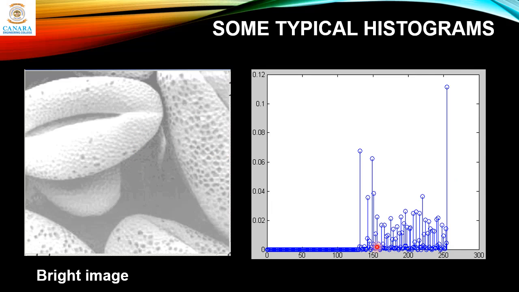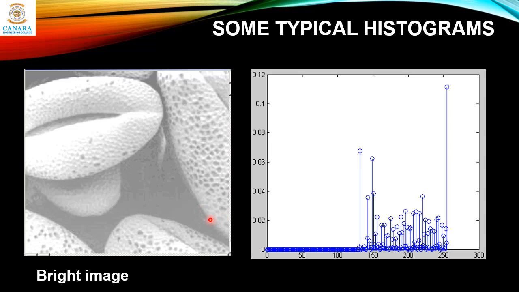So let's see. This is the histogram, and almost all the components are above 150 here. Somewhere around 130 you have one representation, and everything else is above that. So from 130 to around 255 you have all the histogram components located, and no representation below 130. So this region is empty. That means this image is a bright image, and because it is concentrated like this, the image contrast is low.